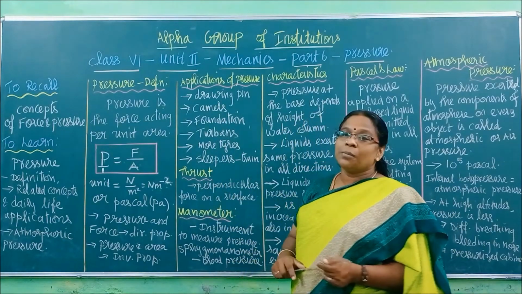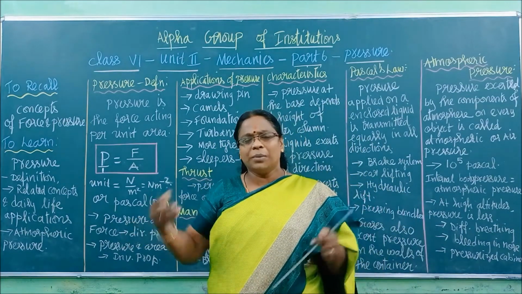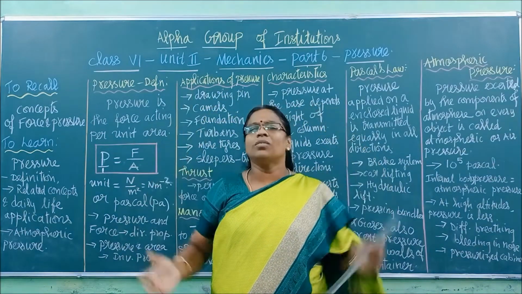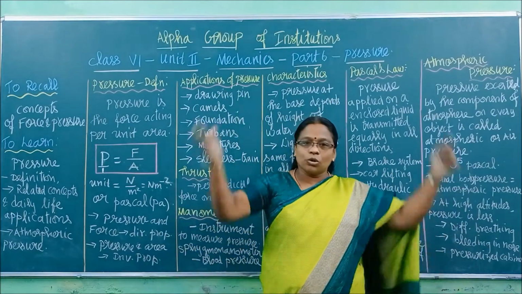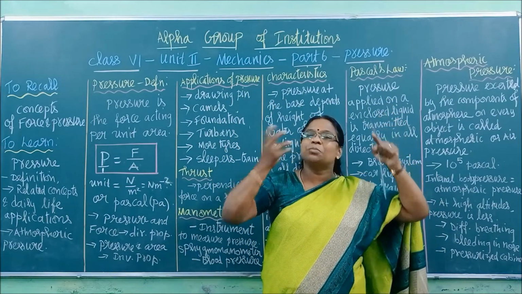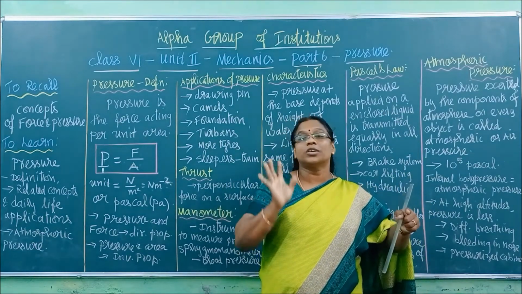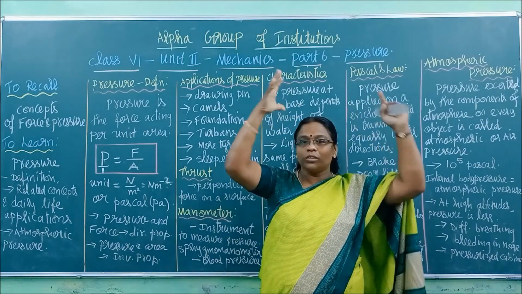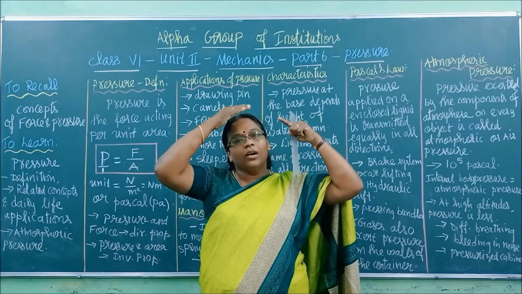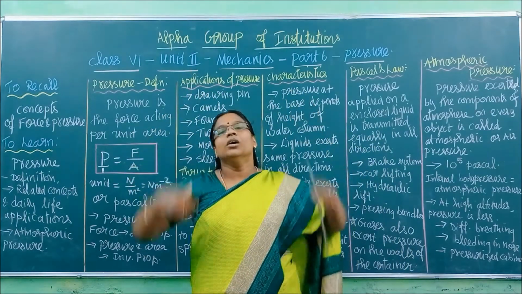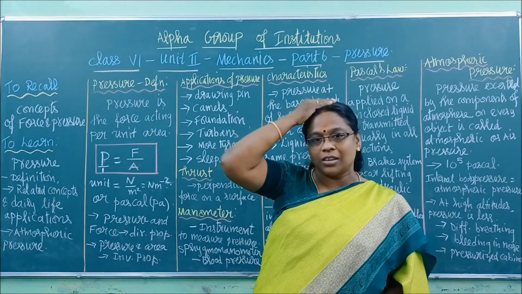Next one is turbans. Have you ever seen porters at railway stations? Even we common people, when we lift anything on our head, we fold a towel-like thing and keep it on our head. Even village people fetching water do this. A very good example is porters at the railway station. They carry weights on their head, suitcases and all. Instead of keeping the weight on the bare head, they wear a turban and keep the weight over that. Why? If they keep it on the head directly, the area of contact is less.